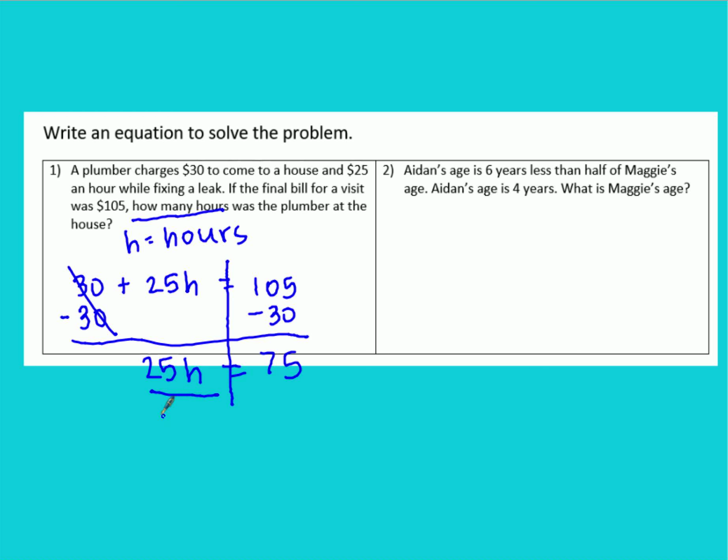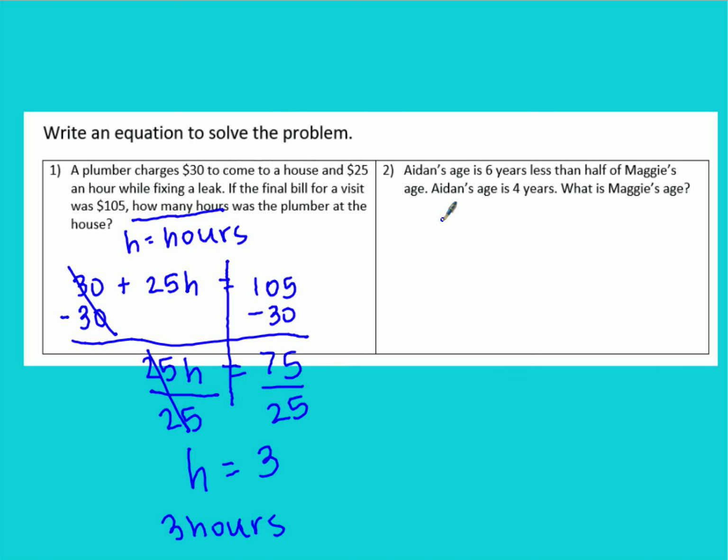The opposite of multiplication is division, so I'm going to divide by 25. When I do 25 divided by 25, that's 1, so 1 times h is just h. 75 divided by 25 is 3. So that means that the plumber spent 3 hours at the house. So if I multiply 3 times 25 and then add 30, that'll get me my total of $105 that we spent on the plumber. Now in example 2, it says